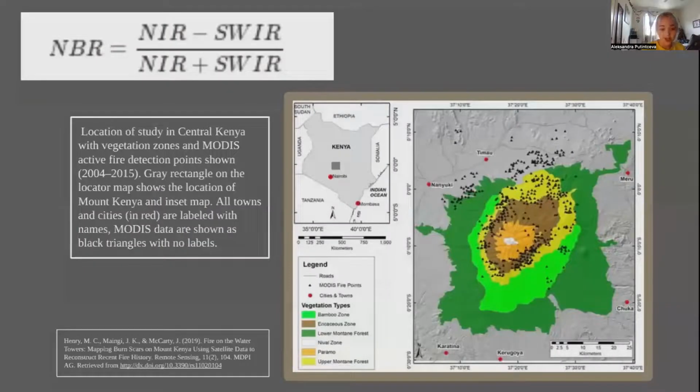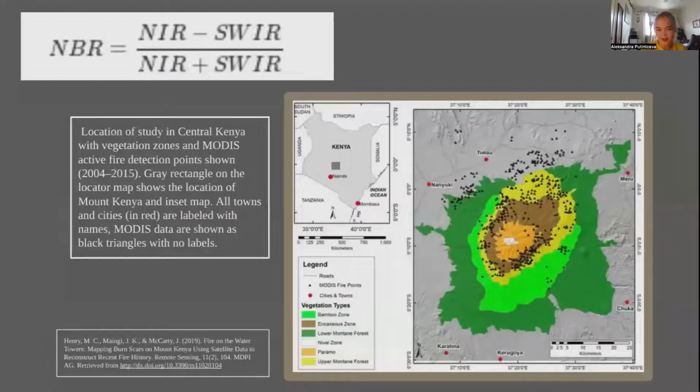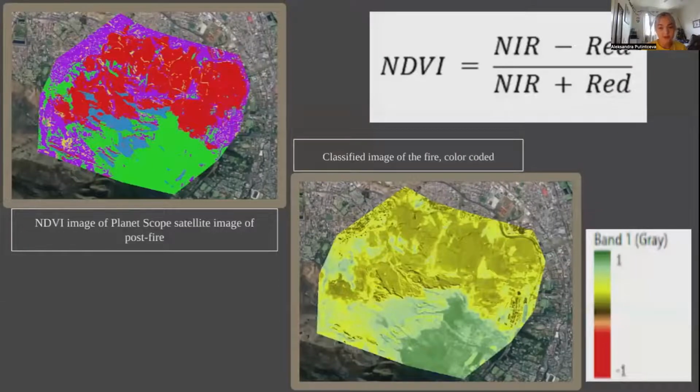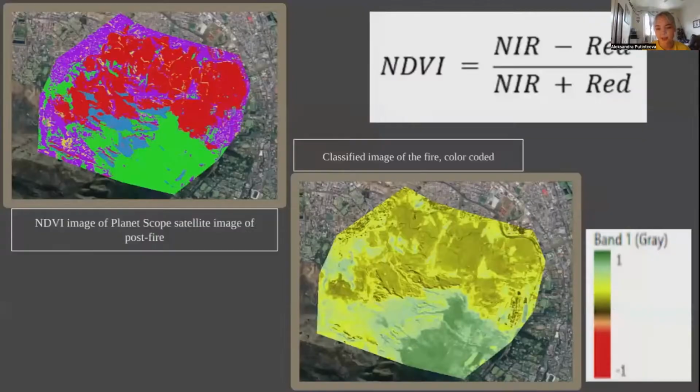Here's another way to check it, with NBR. As you can see, they use a similar equation, but a little different. The first one uses red light, and the second one, let me see, I'm so bad with these abbreviations. It uses near infrared light instead of red light. They both use near infrared, but the first one uses shortwave infrared, and that's why you can see the maps are really different.